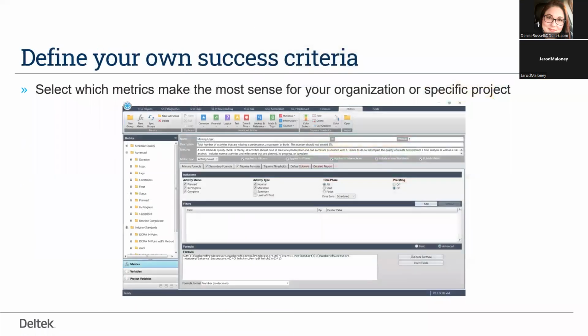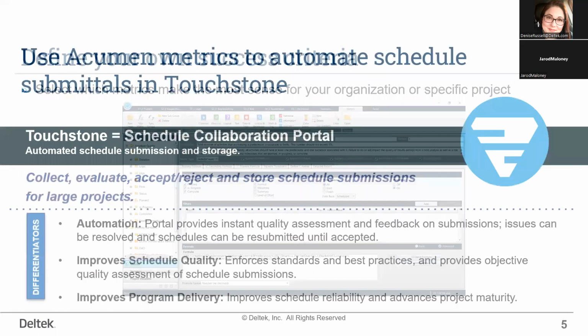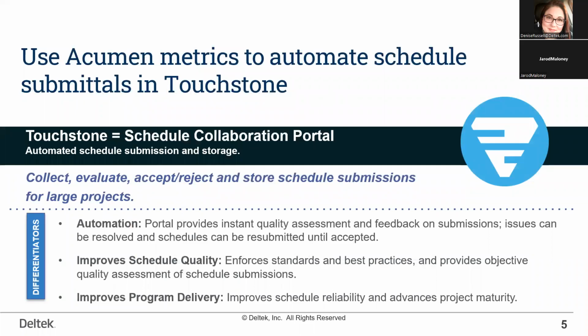I'll show you a little bit behind the scenes, also piecing together metrics, being able to adjust and create your own metrics. So even if maybe you have a specific requirement on a certain contract where you need to adjust a metric or adjust a formula, I'll walk through that a little bit as well, because that can be one of the real key integration pieces into Touchstone from Acumen: the ability to pull out your metrics file and utilize that as the criteria for the evaluation of the schedules. From there, I'll show you exporting that out, pulling it into Touchstone, and we'll walk you through